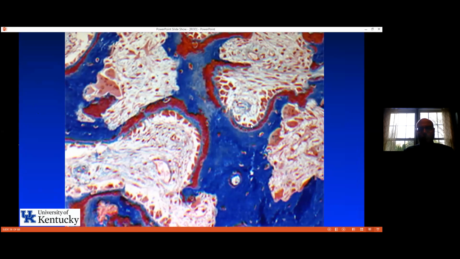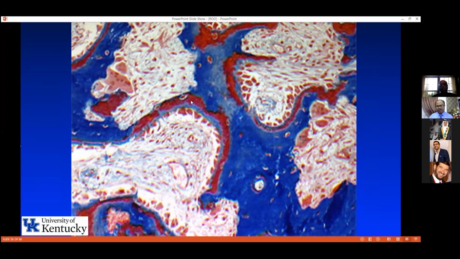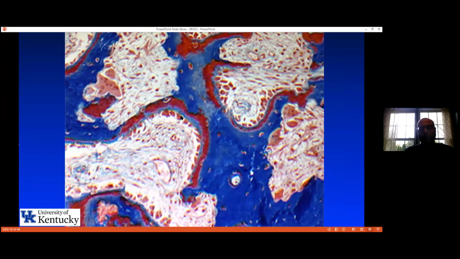Then you will see the bone. Okay, the blue part here is a calcified bone. The red part here is the uncalcified bone, which is the matrix or the osteoid, as Dr. Hussein said. So the osteoid is collagen type 1, it's a protein. So these osteoblasts lay out this protein. You know, like when the chicken lays an egg, these osteoblasts lay out this protein. So first, this collagen is not calcified. Then the calcium, phosphorus, and the apatite come and calcify this protein, and now it changes to this calcified